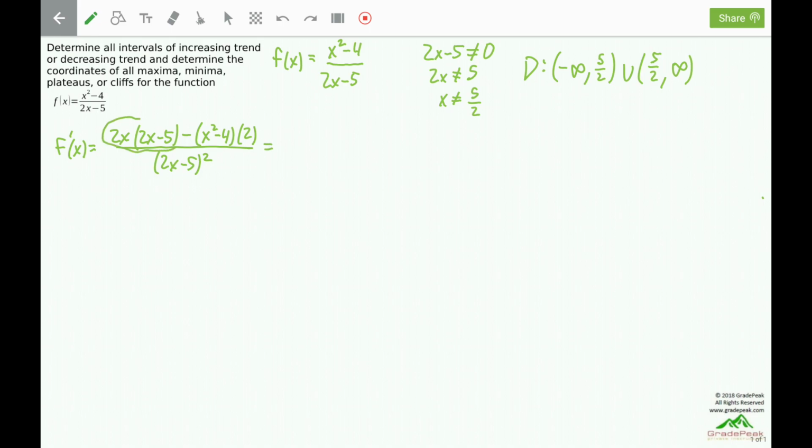We can distribute the 2x in here, which will give 4x squared minus 10x. We can distribute the negative and the 2 in here, which would give a negative 2x squared and a positive 8. We'll leave the denominator alone. We can combine like terms together in the numerator. 4x squared minus 2x squared is 2x squared. We have a minus 10x and a plus 8. It's a trinomial quadratic, written in descending order,